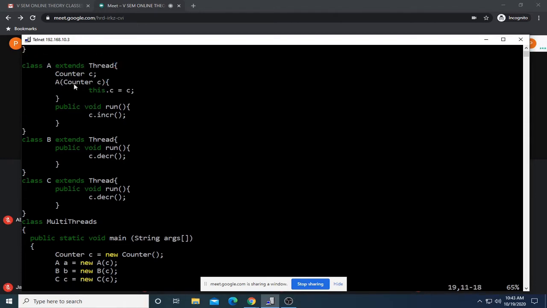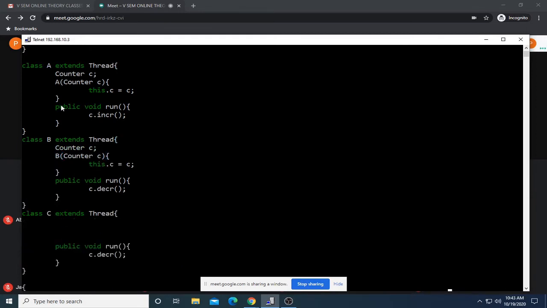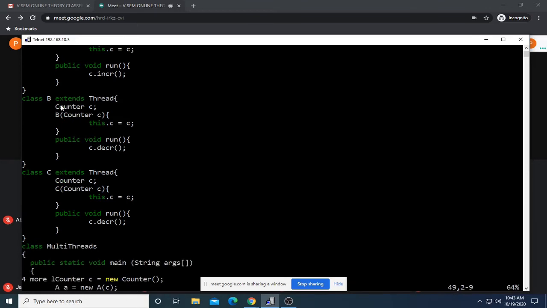We can just copy this since these statements will be identical. Change the class name in the constructor. That's it.